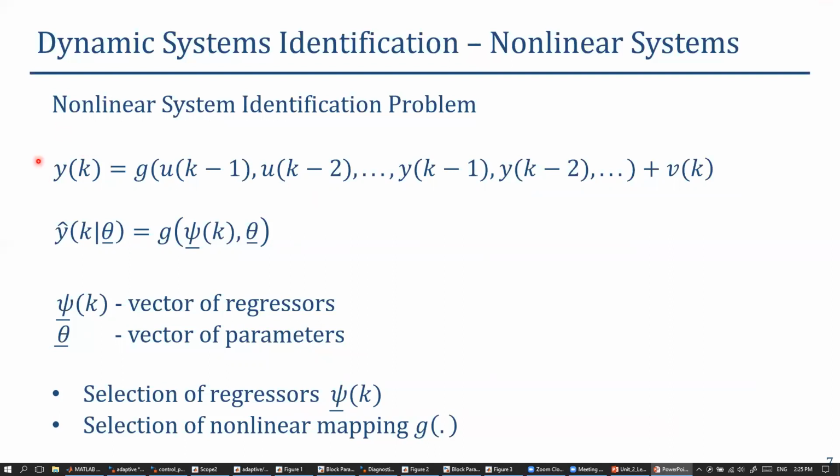If our nonlinear system is shown so that the output is a nonlinear function of the inputs and outputs and some noise, right? So what we want to find is the set of parameters and the function which will provide us the prediction. It is much easier said than done, right? But anyhow,